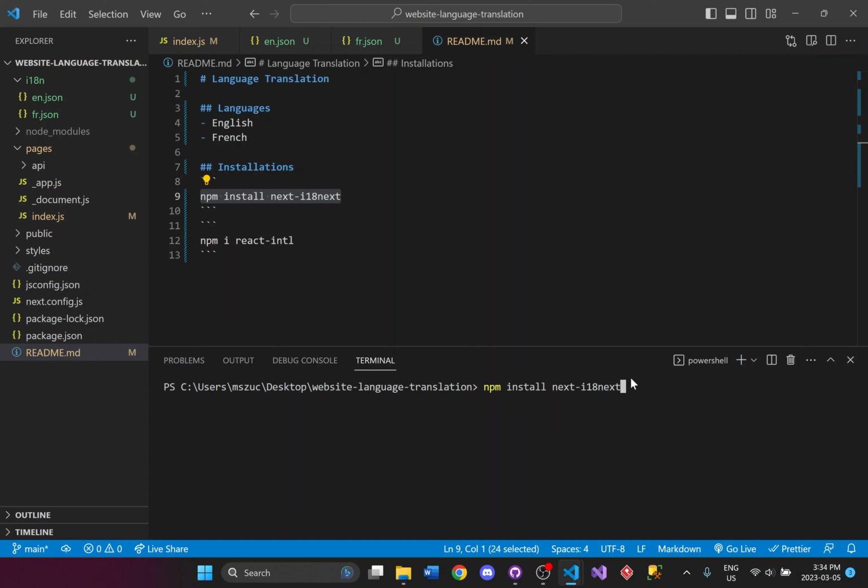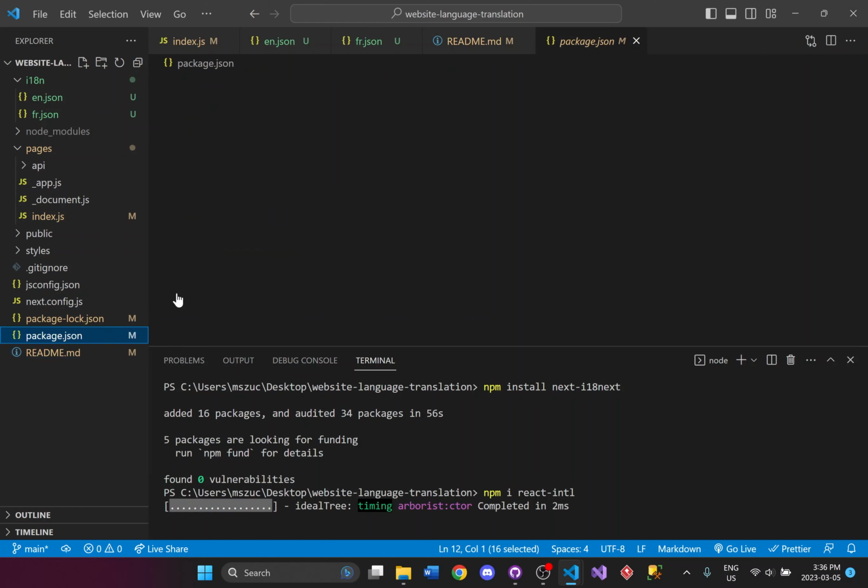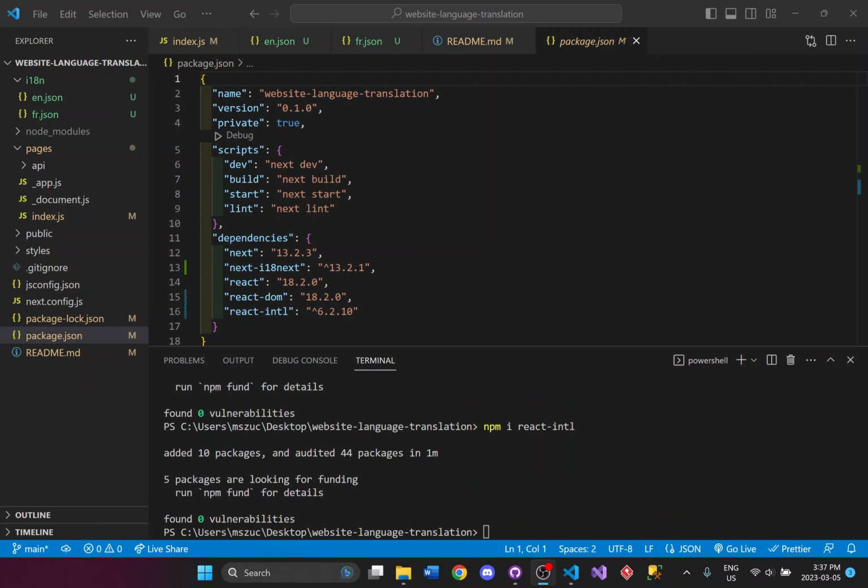So I'll do npm install next-i18next, and I'll install the npm react-intl. And once you have installed it successfully, you'll see next-i18next, i18next, and also react-intl in the package.json file.